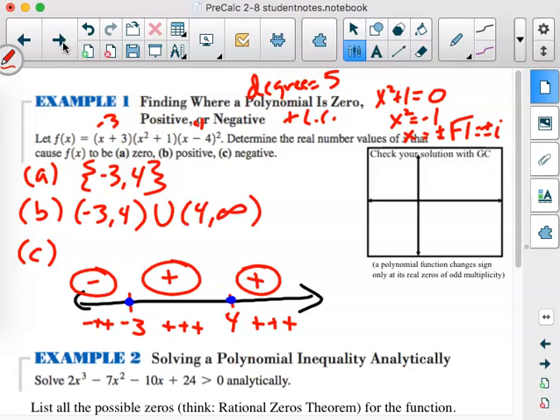And then when is it going to be negative? Well, from the negative side all the way to negative 3 on the number line. So graphically,